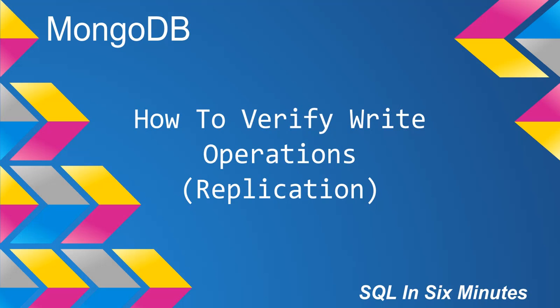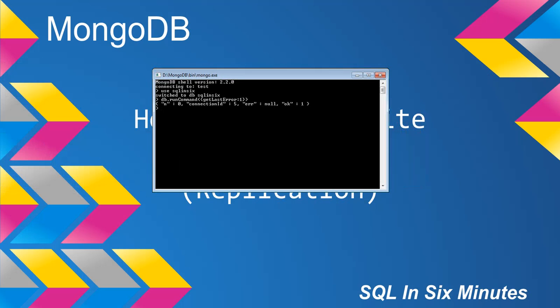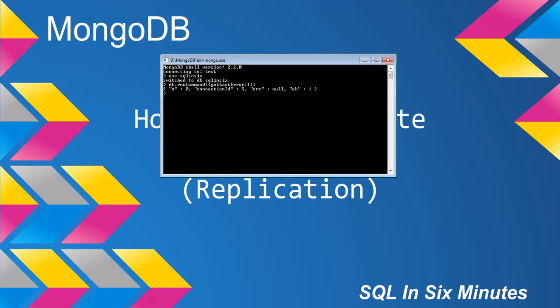Well, in MongoDB, one of the ways in which we can do that, which we've covered, is getting the last error, but we can actually specify a little bit more details on getting the last error. In this case, you can see that what I'm doing here is using the database, then running db.runCommand getLastError 1, and we've covered this before, it gets the last error. Now suppose that I was in an environment where there was replication from one server to another,